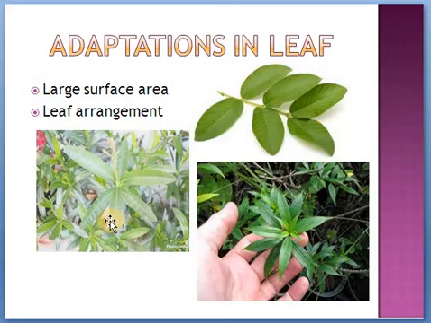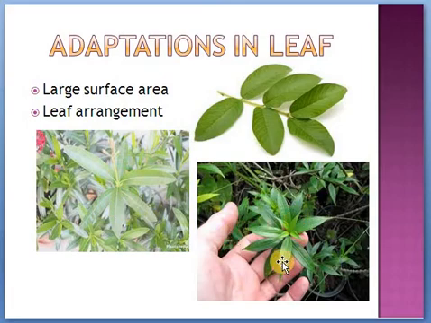Here this is the leaf of Nerium, oleander. Three leaves will be there, and the next three leaves, can you see that these three leaves are like this, and the next three leaves, the bottom leaves, will be in the in-between place, so that all leaves can expose themselves.